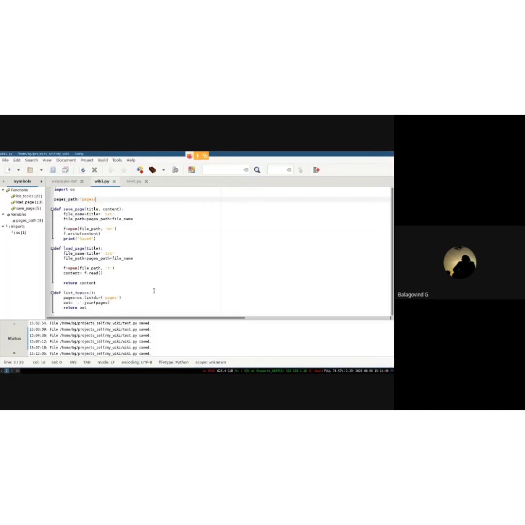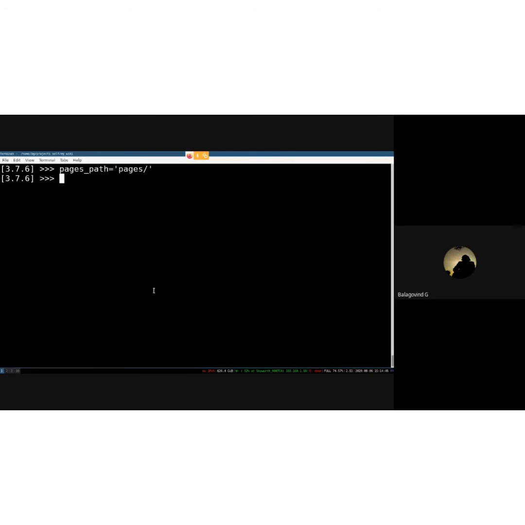And imagine we have the same scenario here. Okay, we have the pages path, let's say pages, and then we have the file name equal to python.txt. So right now we are actually using string manipulation to add them using a plus sign and stuff. But instead of that, we can actually import